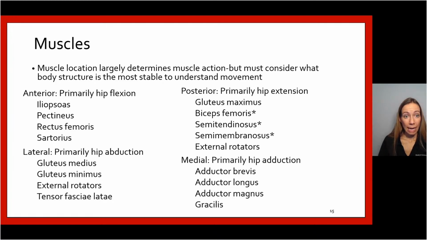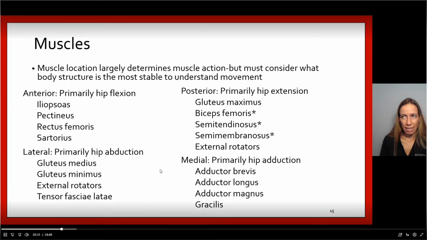I've grouped these muscles based on their location, so those which are found in the anterior or posterior of the hip, lateral or medially located. As you can see, these locations are associated with an action that the muscle might have. But one thing to keep in mind is that not only is the location of the muscle important for determining the muscle function, but we also need to determine what is the most stable body structure. This is always true when you talk about a given action of a skeletal muscle, but it is less important to